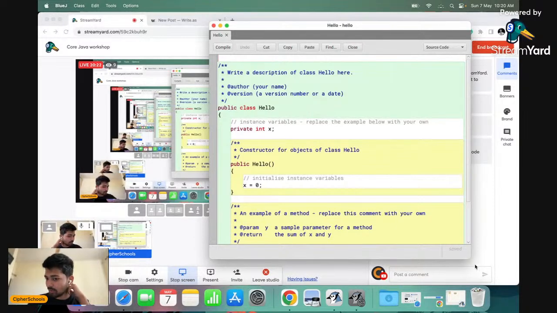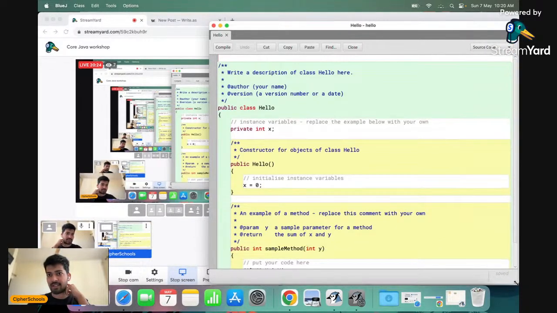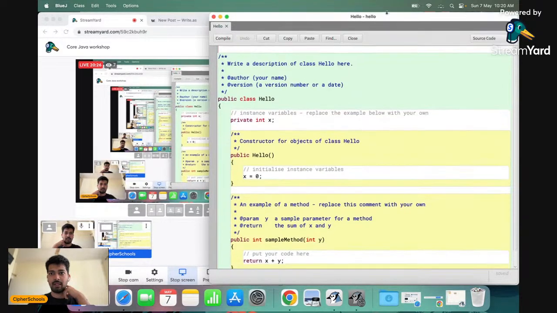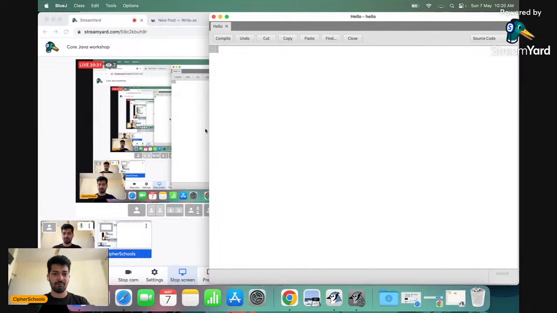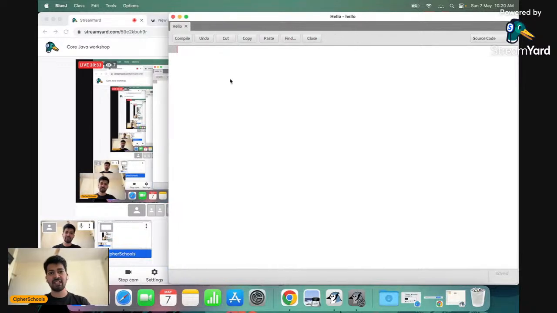So this is how the editor would look like. I'll go inside it, and there is some dummy text over here. I'll just Control A and delete it. And then over here, I'm going to be writing the code for Java. So this is how the language starts. Starts from class. The class name I've already defined is hello, right?